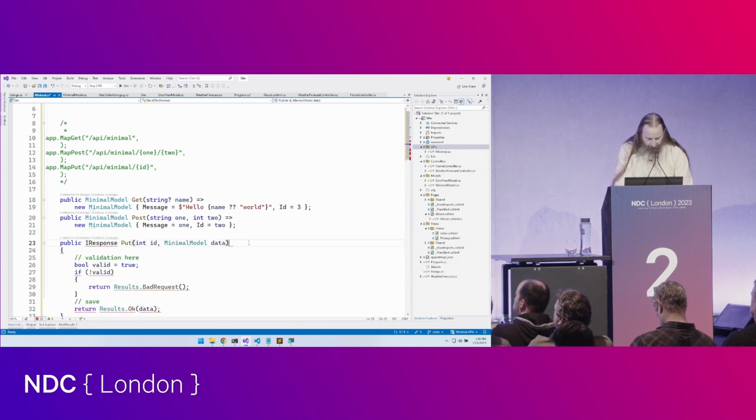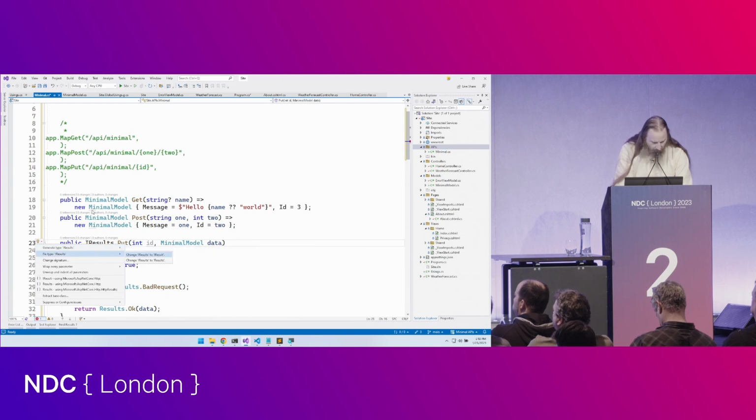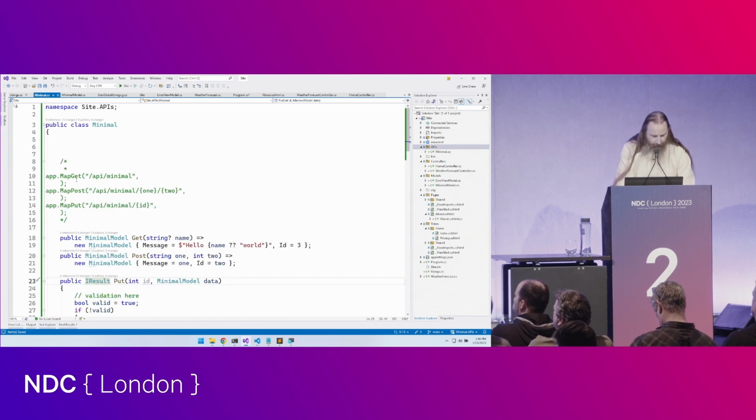We no longer need this. Oh, it's not IResponse, it's IResults. Oh, hey, we need a using. Oh, no, it's just mad. IResult. It is singular. Cool. And then, I don't know, let's invent this method, public void init. Let's take in an